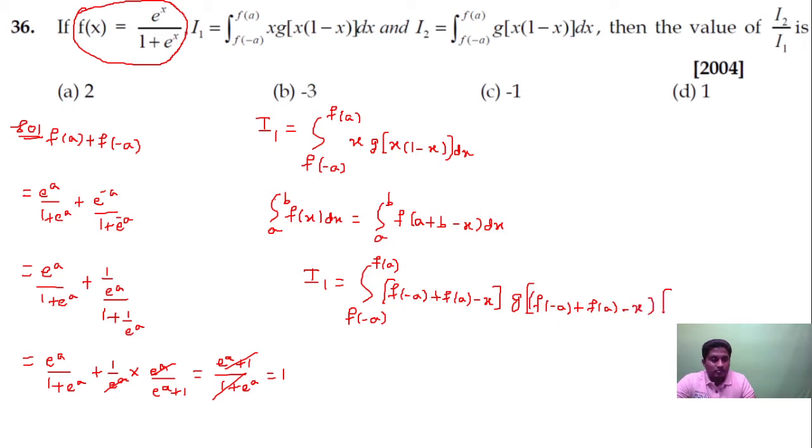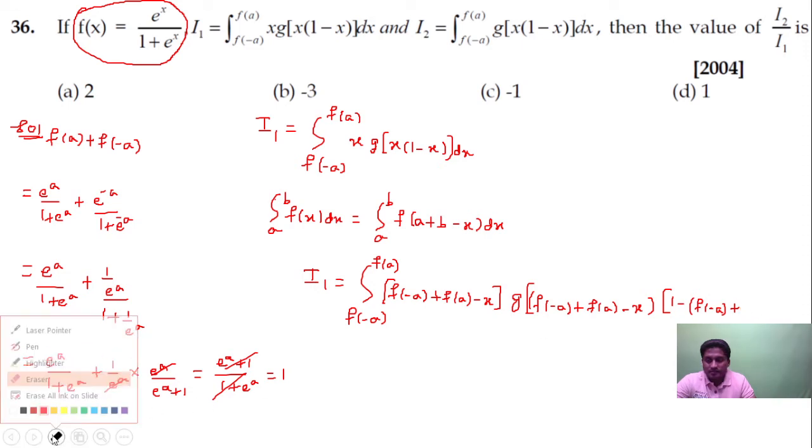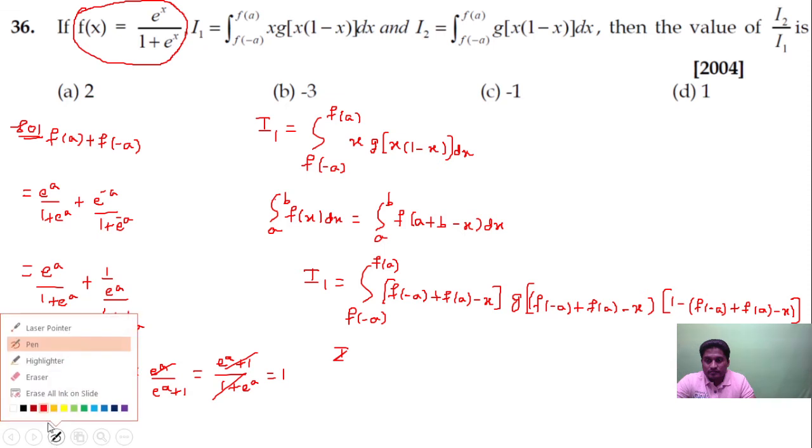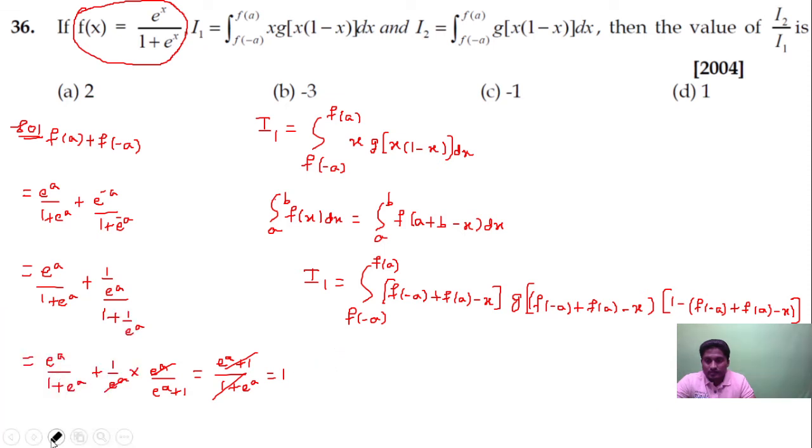Again this will be equal to 1 minus of lower limit plus upper limit minus x, lower plus upper minus x, close the bracket and then dx. So I get I1 is equal to